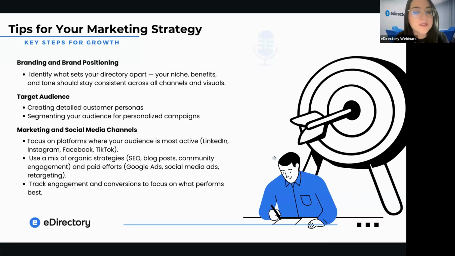and track engagement and conversions to focus on what performs best. So yeah, right now, as I mentioned, social media is probably the easiest way to get visibility these days. But if you are working with another business, you're probably gonna use LinkedIn. If you are talking about culture, you might want to go to TikTok or Instagram. So it's really important to understand who you're building for, to know where you're gonna advertise, and use a mix